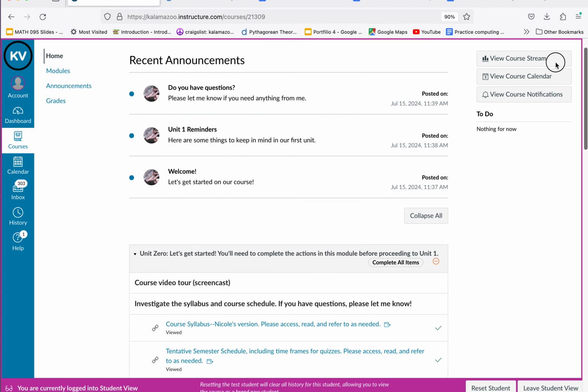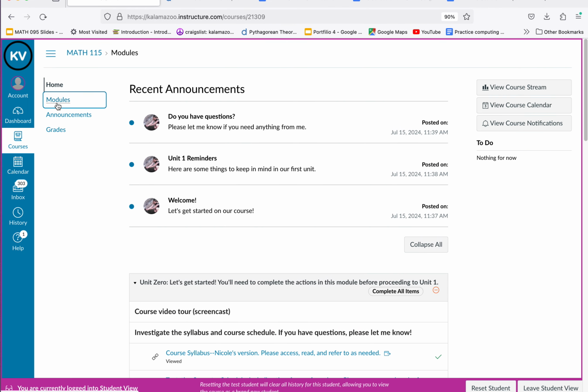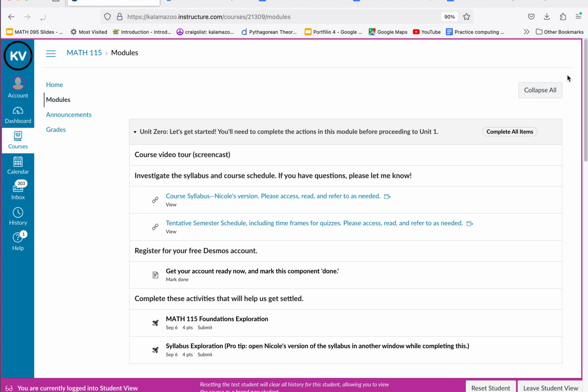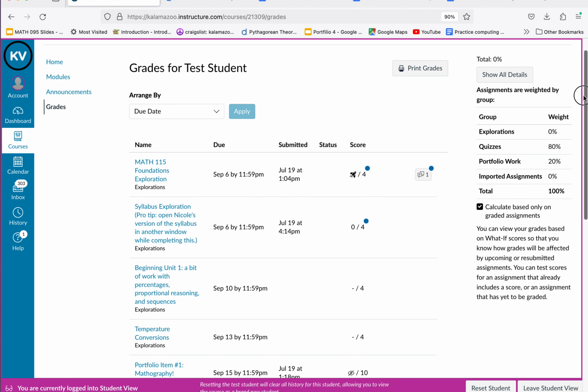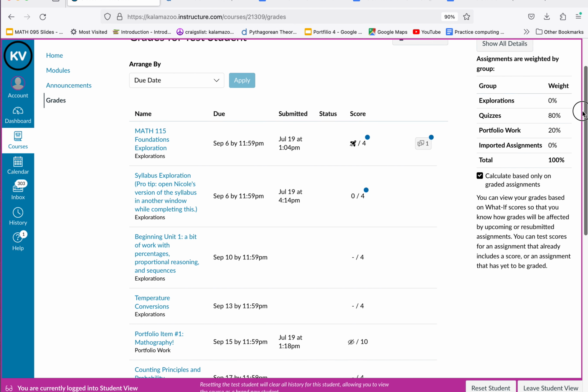This is the home page. If you come to the modules page, it's going to look the same as the home page, except the announcements are not at the top. If you come to grades, over here on the left, then you can see the scores for any assignments that have been scored. You can see